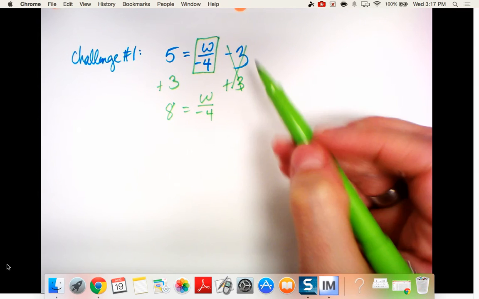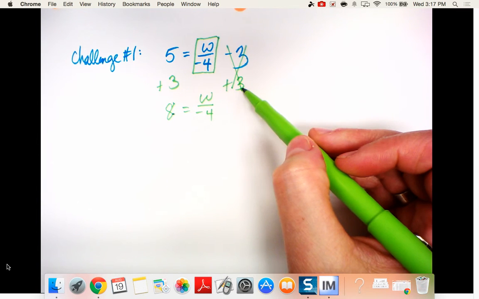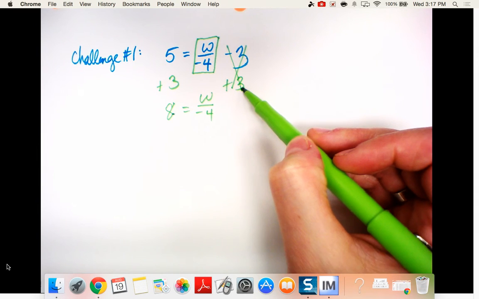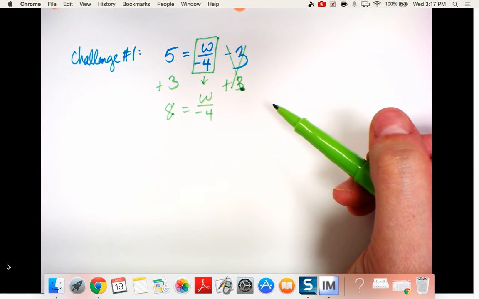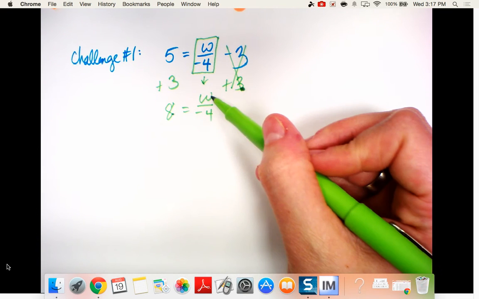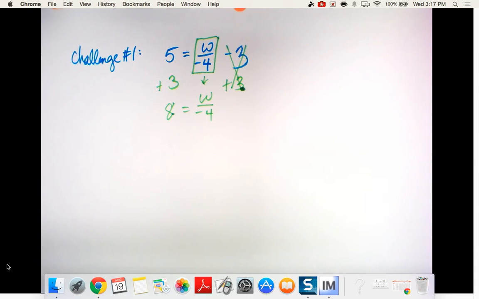Five plus 3 is 8. The -3 plus 3 is 0, so that's why I crossed it out. And then you bring down what you have left over on the right side, which is W divided by -4. Now, when I say right side,